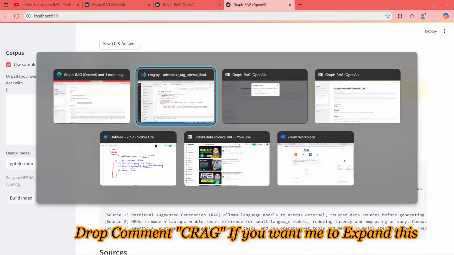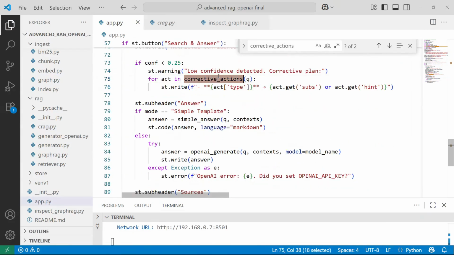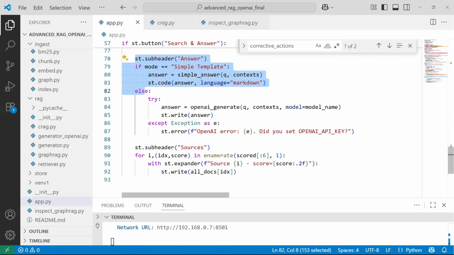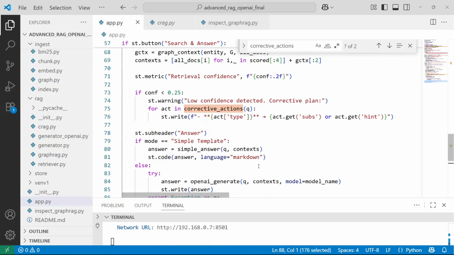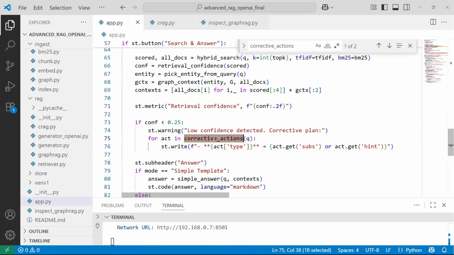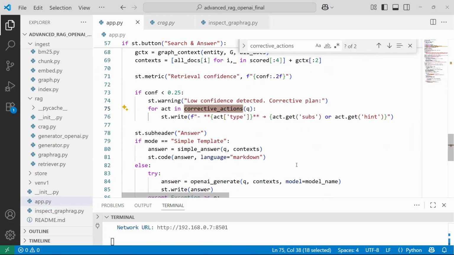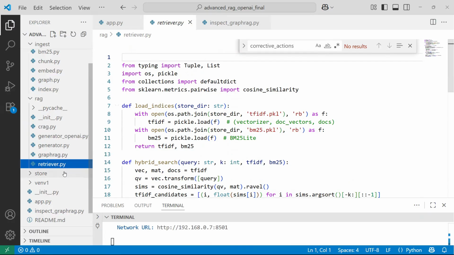And if you go back to the app.py, right? So that is how the response will come from corrective action if your crag is active, and then a simple template will give a simple answer. Otherwise, it will go to OpenGPT, and you're going to get a response. So graph rag in action, where? Here. Corrective rag in action, where? Here. And citation in action. Citation, another important thing.